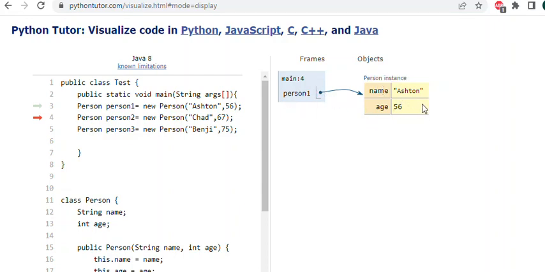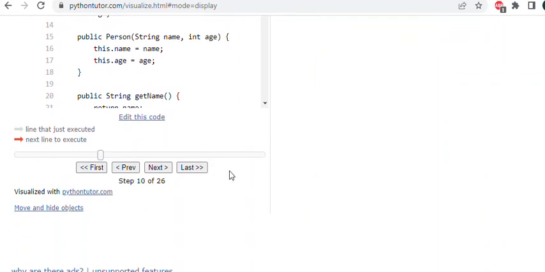Here is the address, so it could be memory location 6024, whatever, and that is related to this. So the variable person 1 here is the reference to the memory location. So it holds the address of the memory location where these two things are stored. Okay, so if I go to the next,